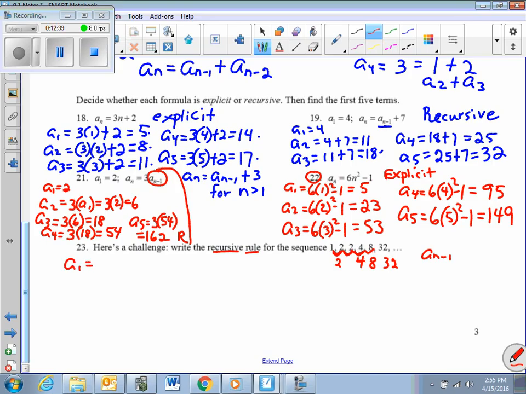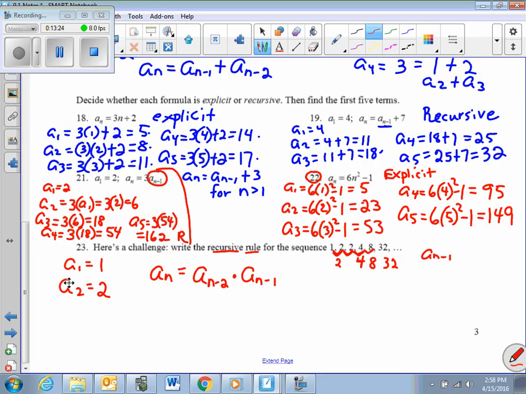So I got to define my initial condition. A sub 1 is 1. And since I'm using the 2 previous terms, sorry, I got a little interruption there. So since we're using the 2 previous terms to find the term after, we're going to have to define our first 2 terms like we did above on the Fibonacci series. So a sub 1 is 1, a sub 2 is 2, and then I can get every term thereafter by multiplying the 2 previous terms together. So a sub n is a sub n minus 2 times a sub n minus 1, and then I can